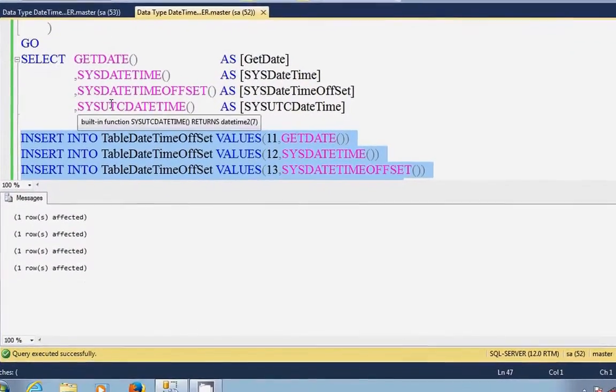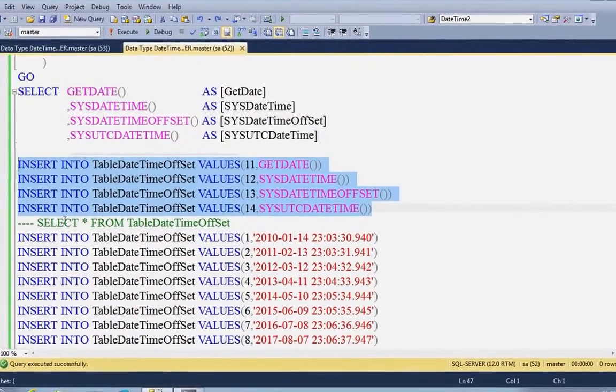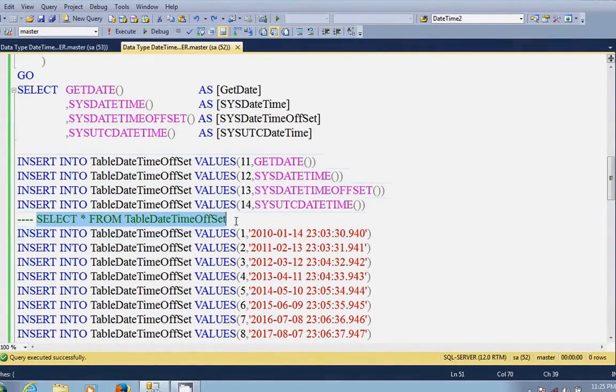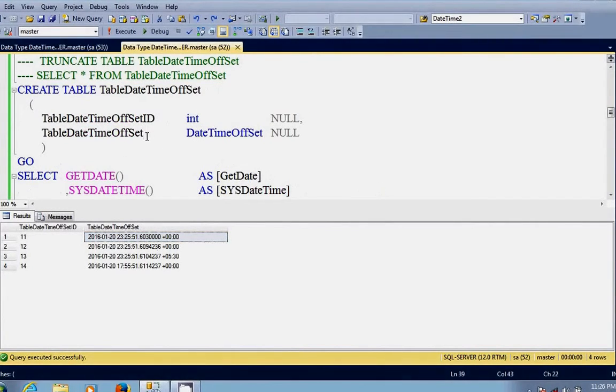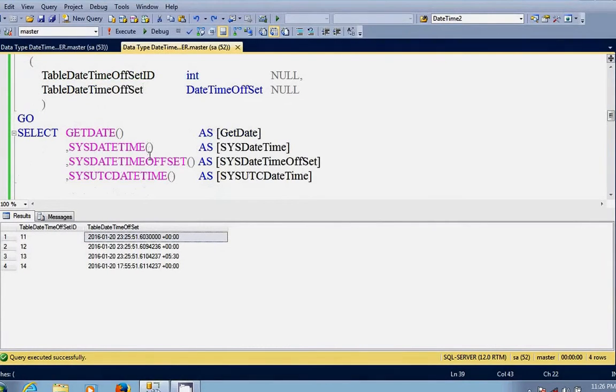See, I have inserted four examples. Let's execute this select statement to know about those values. See here, it is showing fractional seconds. This datetimeoffset column has 7 fractional seconds by default. See why? I have not given any n value here, so by default it takes 7 as the n value.